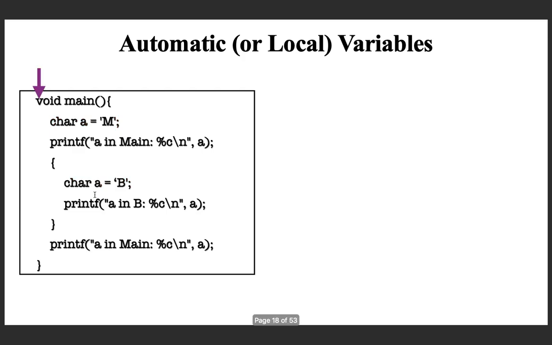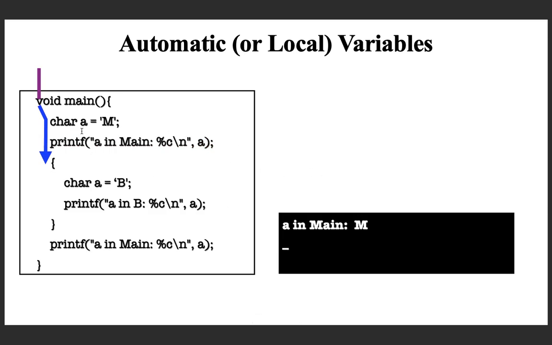And suppose you execute this program. Okay. And I am not showing you memory allocation because here the purpose is different. Here we want to know about automatic variables. So assume that these two variables are getting two different memory allocations for them. So if you proceed down, it comes to the first executable statement, which is a printf statement. Now what it is trying to print is a in main, then the value of a is printed. So what will be the value? The value is capital M because it is this M.